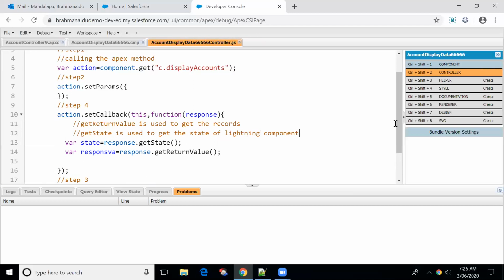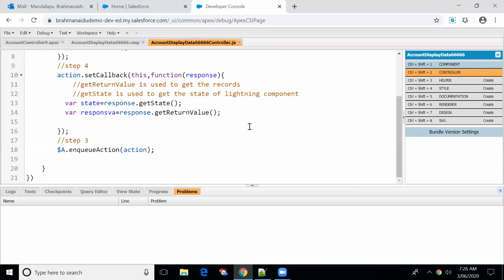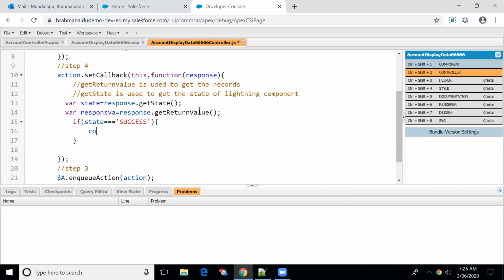Okay, so now what I'll do is, if the state is equal to success, then I'm going to set the data to the attribute, right? So what is our attribute name? ACC list, right?